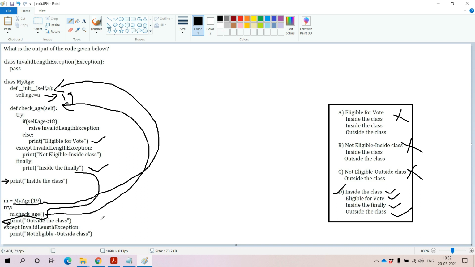Be careful. It is very important. Along with object oriented programming, if you want to handle exceptions, it will be a little bit difficult. You should have some basic idea related to the exception handling mechanism as well as object oriented programming. Then only you can solve these kinds of questions. I hope with this you got the complete idea regarding object oriented programming along with the exception handling mechanism.